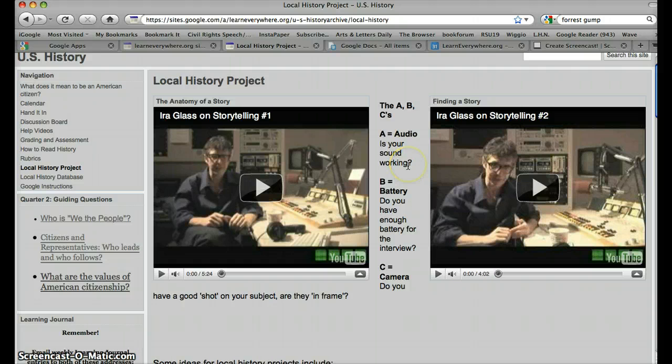Audio, is your audio working? Is your sound picking up? Does it work? If you do a video recording, for instance, and for some reason the video part doesn't work, but you have audio, then you have a project. I mean, you can hand in, and we have basically a podcast like you'd have on the radio, just sound of that interview, and it works. That's a project. That's usable.